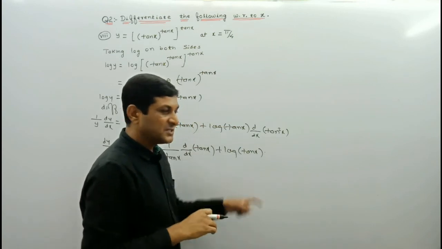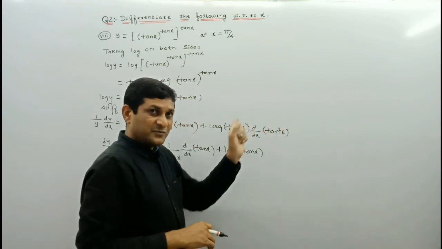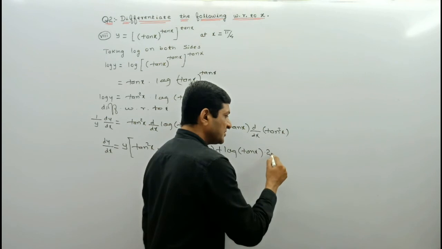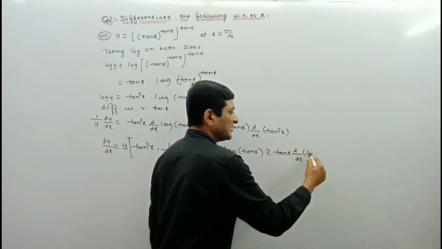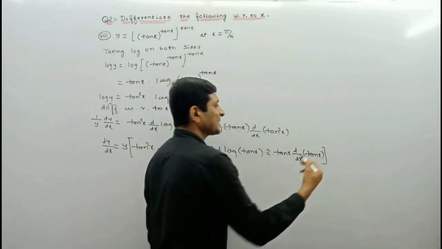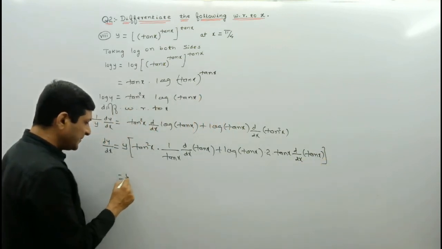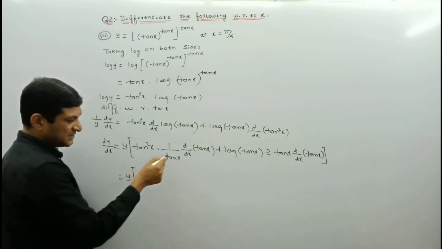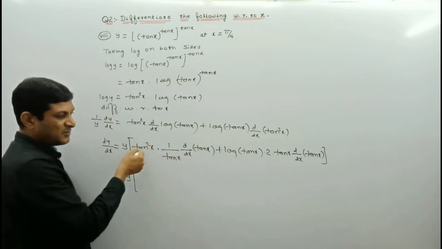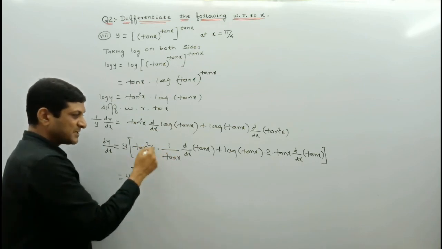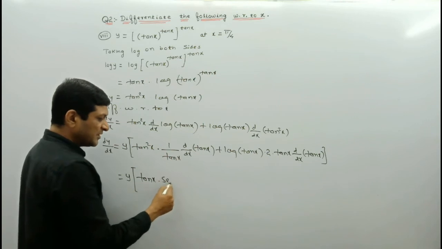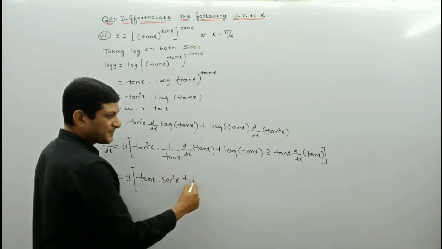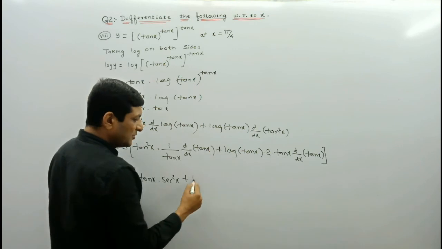Now this function is in the form of f of x raised to power n. So first take this power of f of x as a coefficient, decrease its power by 1, and then the derivative of f of x, where f of x is nothing but tan x here. So y keep it as it is. Here we can observe that tan x and one term of tan x from tan square x will get cancelled. After cancelling tan x, the remaining term is tan x, and the derivative of tan x will be equal to sec square x, plus 2 into log tan x.